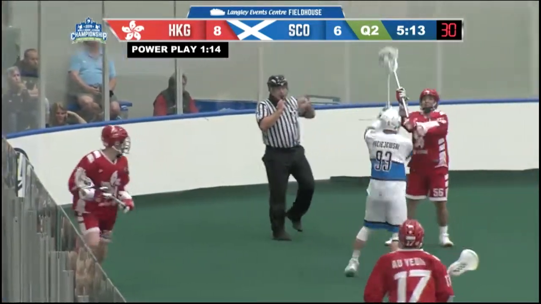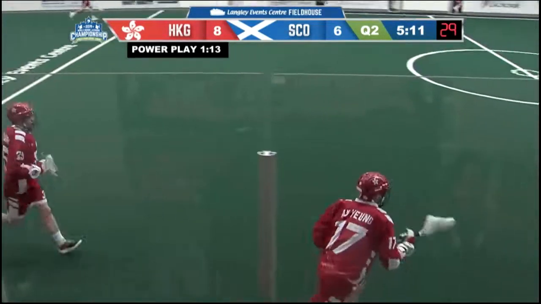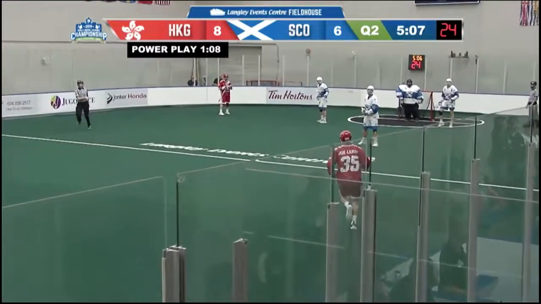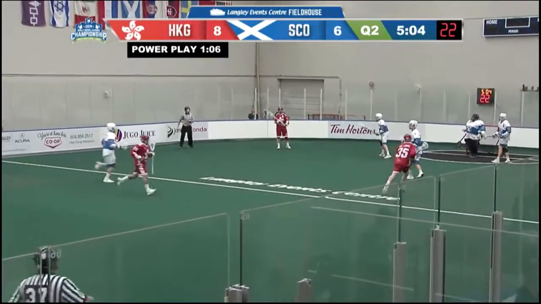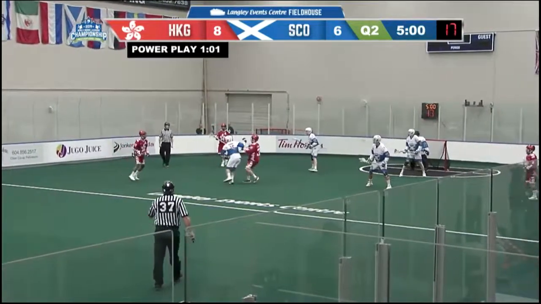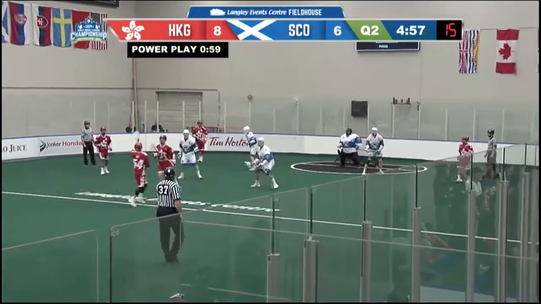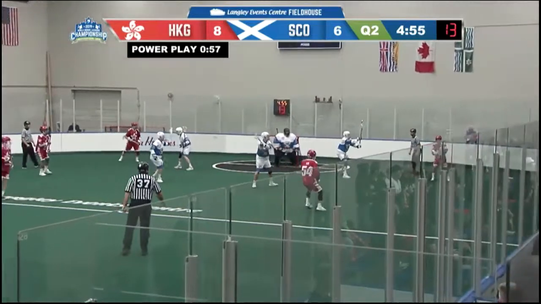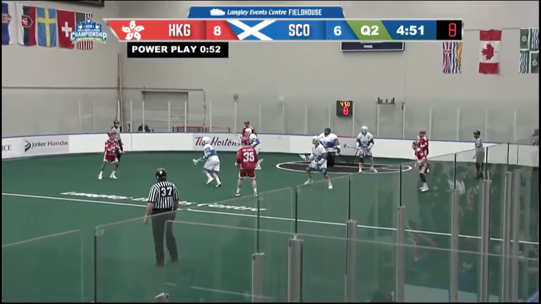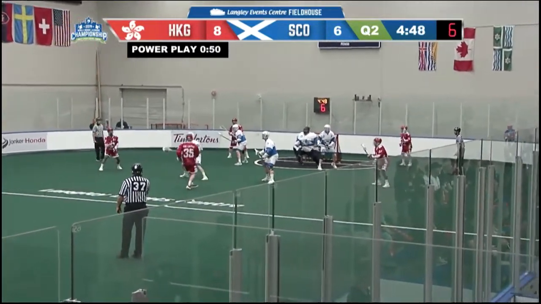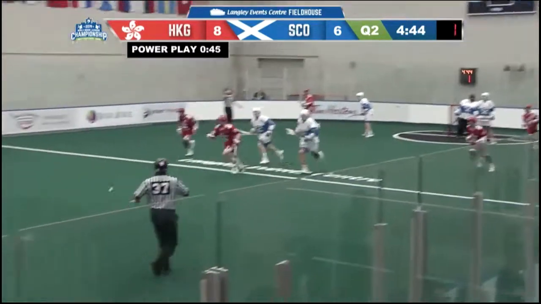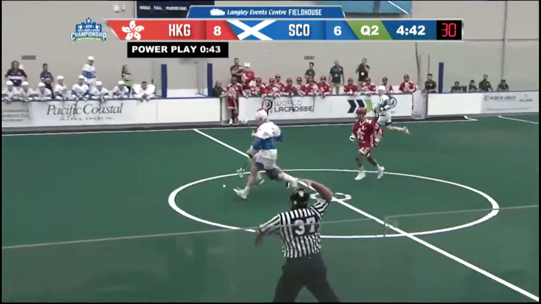Still 1:14 left in the checking from behind penalty to Gordon. As Hong Kong moves in from the right side here, Mak Lamy. Now high left side, Wesley Wong across the right side here. Ko getting it deep for Chang, back for Ko, now center of the floor. Lamy, left side, Lamy getting it back from Wong. Now Wong, Lamy letting it go, that wide glove side. Ball bounces all the way back over center.